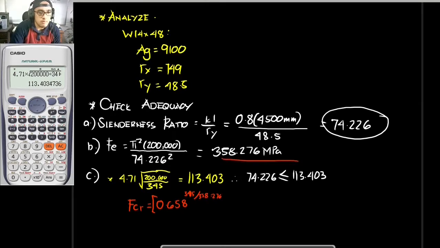So, ito, 358.276 times Fy, which is 345. Okay, solving for this is to be 0.658 raised to 345 divided by 358.276, times 345. So, your flexural buckling stress would be